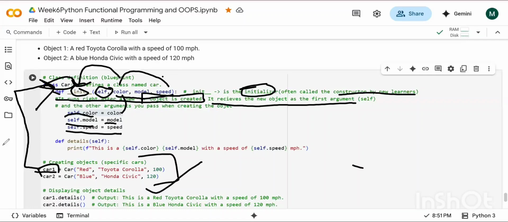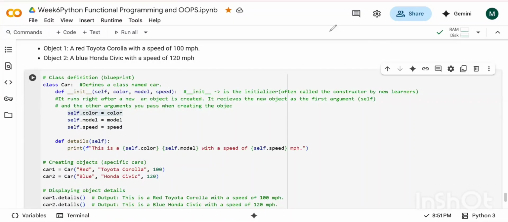So it's like an X. Basically, X is the one which is self, right? Yeah, you can say that. Give me a second, let me tell you again.